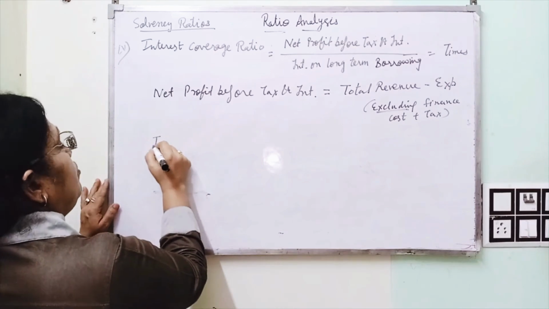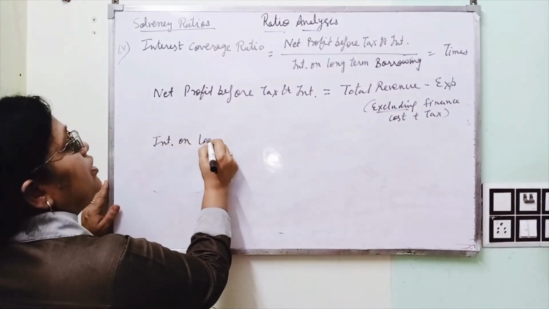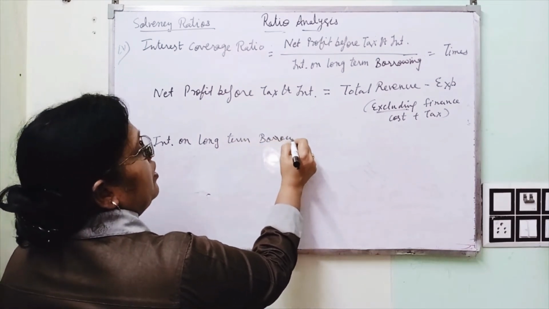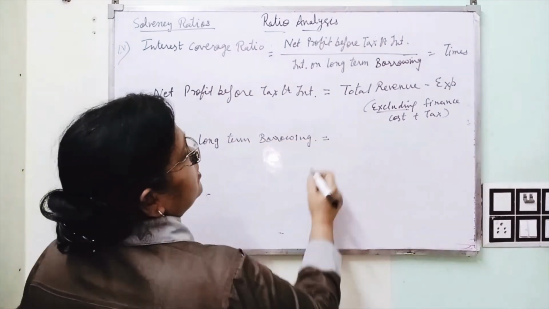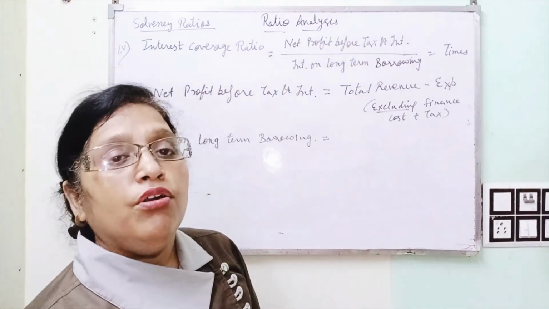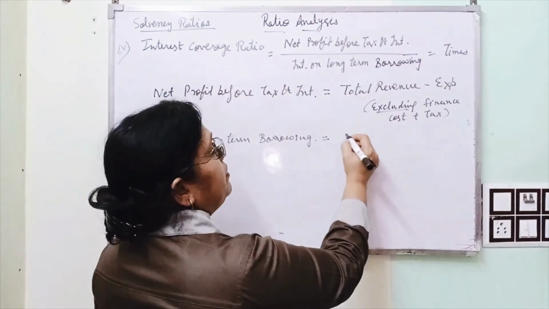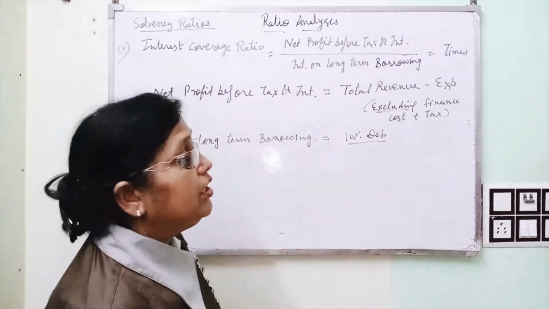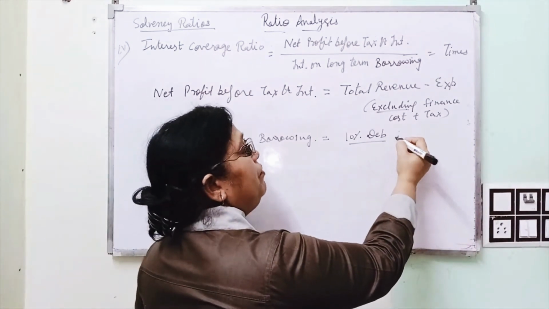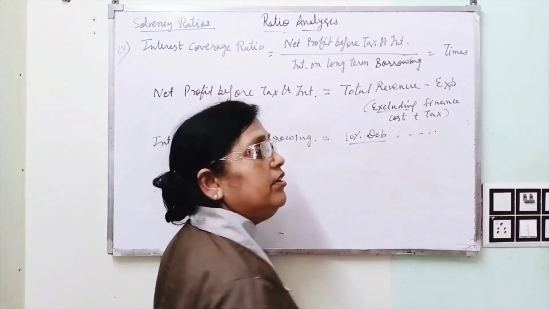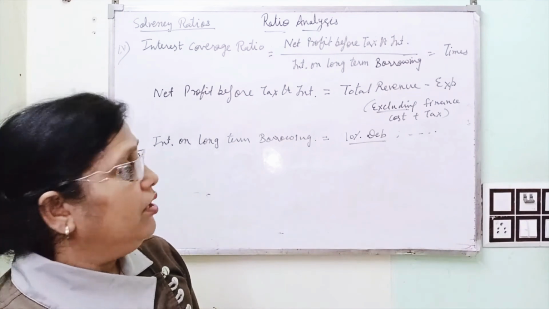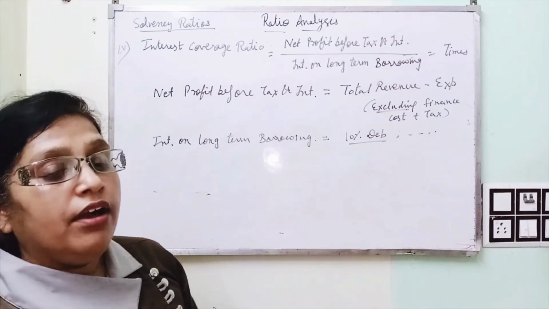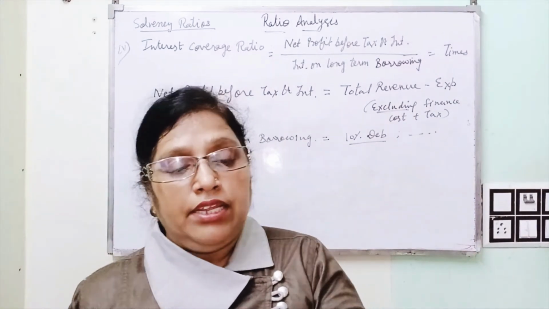And how can we calculate interest on long term borrowings? This is the amount of interest which is paid by the company on long term borrowings. In case of debentures, it is mentioned at the prior to the amount of debentures. And if the company has taken a loan from the bank, then interest is also given in percentage. So now we have to solve one practical problem on this, and the question is on your screen.